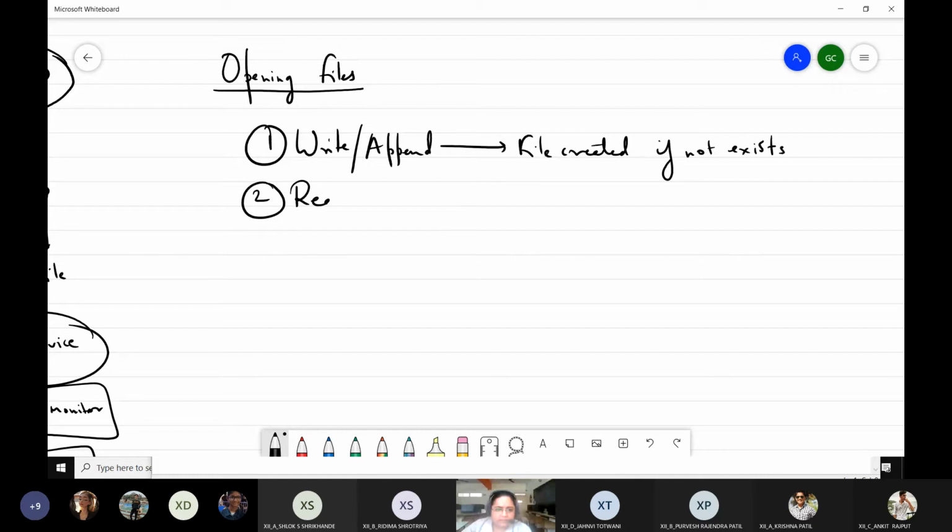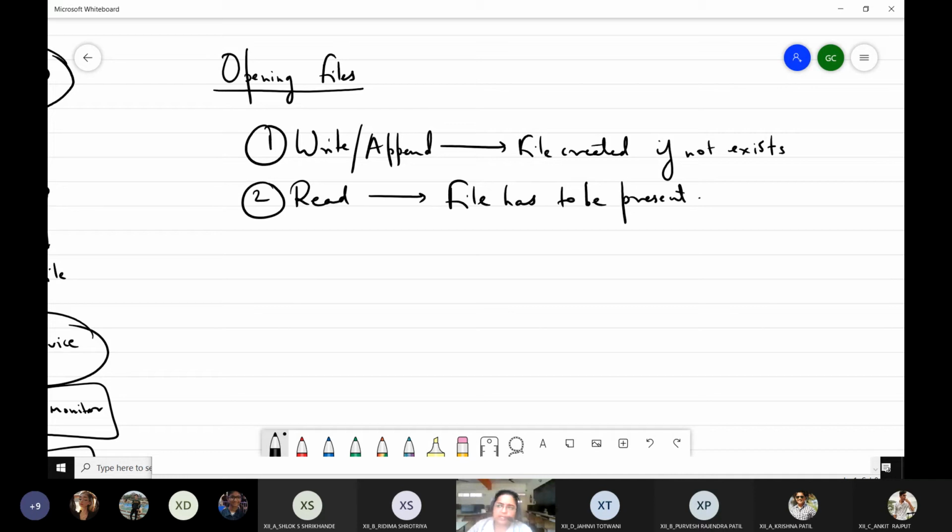And if it is read mode, the file has to be present. In read mode, if the file is not there in the destination, then Python will report an error. Because for reading, if I want to read a book from the library, that book should be on the shelf, otherwise what will we read?